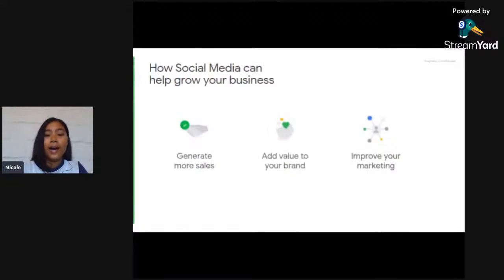So now let's take a look at how social media can help your business grow. If you're considering starting social media for your company, or you need to persuade your manager for why it could be a good fit, here's some of the value that it can add. First and foremost, generate more sales. With up to 85% of the UK population on some social media platforms, it makes a good place to connect with new customers. You can reach new audiences, and new business opportunities can be created. You also have the ability to target highly specific demographics,